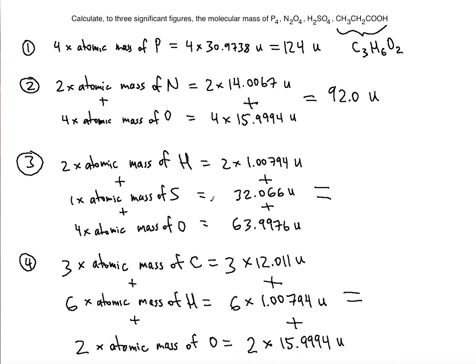Okay, now the next one: 2 times 1.00794 plus 32.066, and there's no 1 times in this example because 1 times the number is itself. Plus, now this 63.9976, I put it down because that's the same as this result. 4 atoms of oxygen are equal, in their mass, to 63.9976 U. So plus 63.9976,